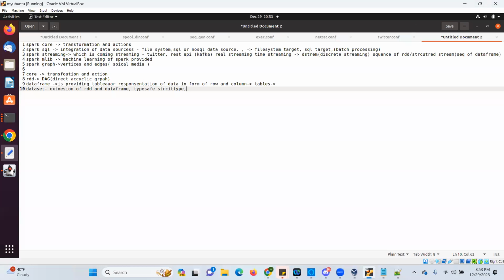So RDD we use for unstructured data, and DataFrame we use for structured or semi-structured data. Purely unstructured data means data that is not in a structured form, like text file data. Any text file data is basically unstructured data, and we call it RDD, the form of the data we are reading. But when we are reading any schema-based data,